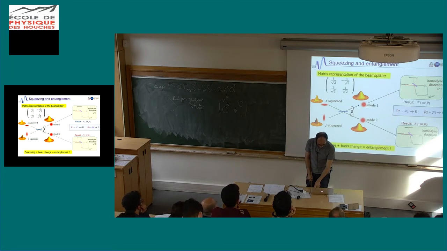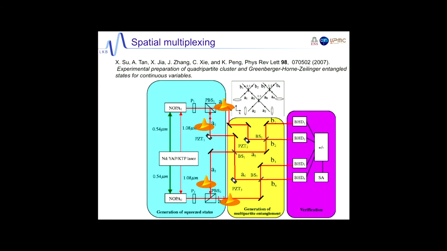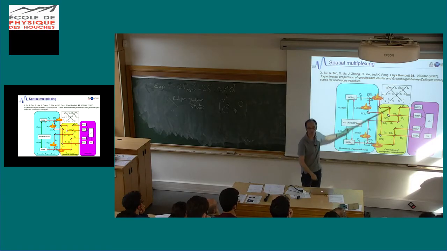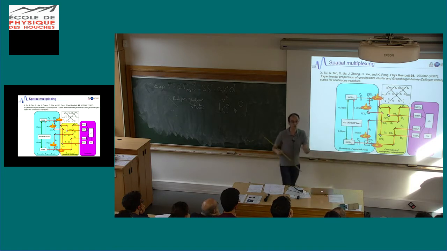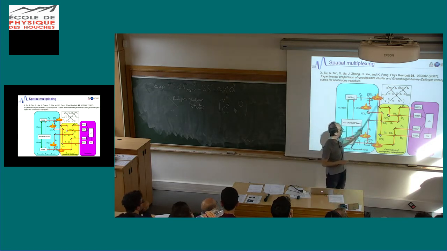I will move on. So what they have done is this. They take these 4 squeezed states and they take a set of beam splitters and a phase shifter. But it's just linear optics. You have some beam splitters here, you have some phase you can control. This is just to implement this O1 matrix which is here. So this is the representation, in fact, of the transformation they do.